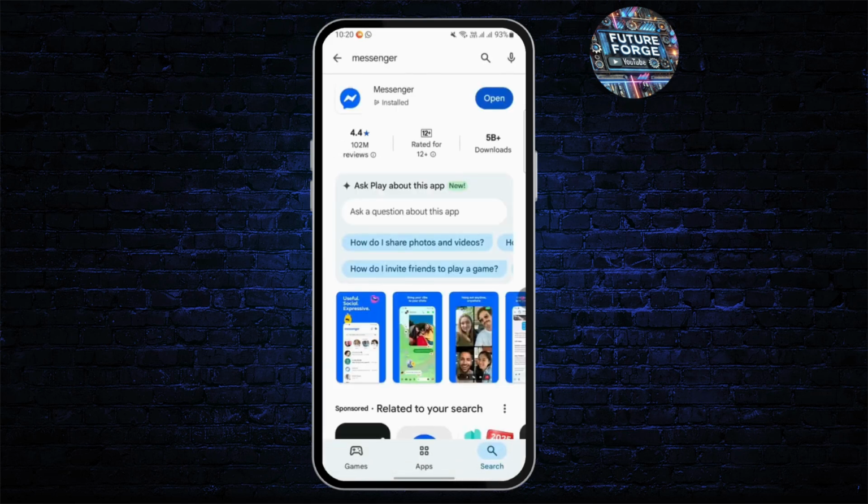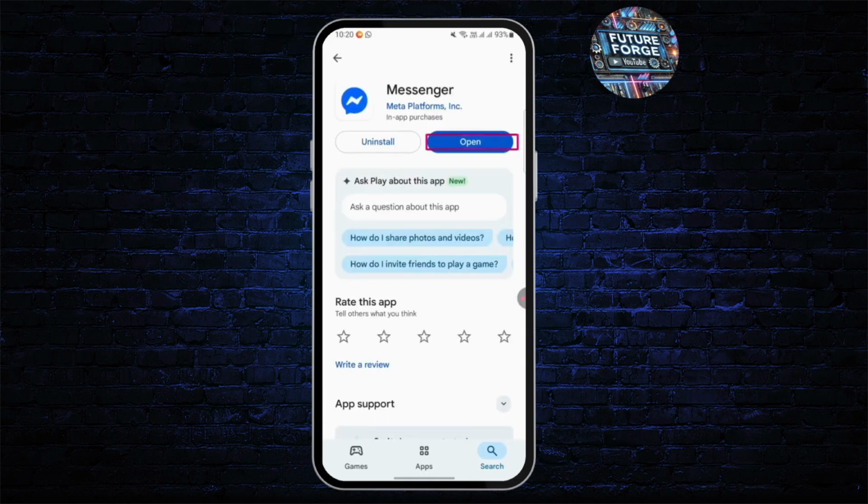After you search for Messenger, you can just go ahead and tap on it. And if there is any kind of update available, you can tap on update instead of open there, and your application should be updated to the latest version. You can also check for your system updates on your phone or your computer, and that should also help you